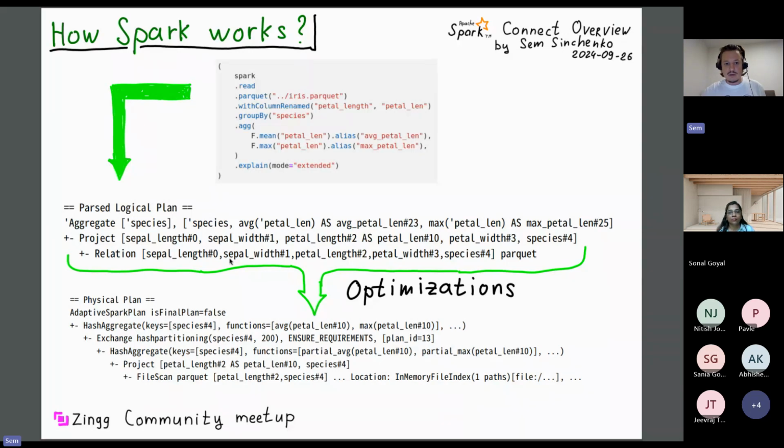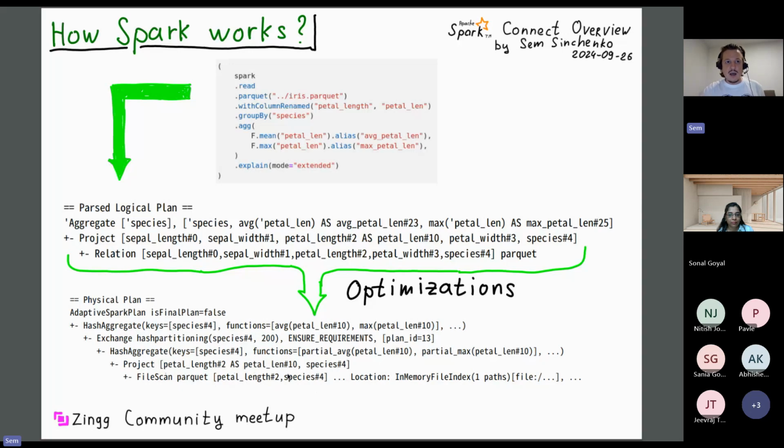table contains 1, 2, 3, 4, 5 columns. But from the code, from the plan, Spark realized that actually we need only 2 columns. And Spark applies this optimization to select only 2 columns, but it happens implicitly without our touch. And that's very cool because Spark can apply a lot of optimizations, and that's the main benefit of a lazy